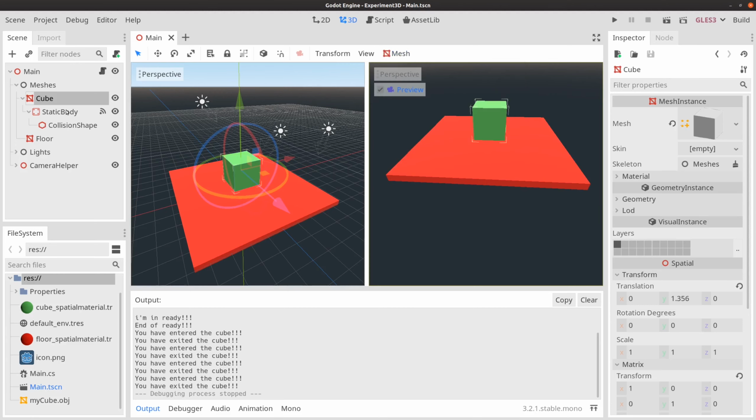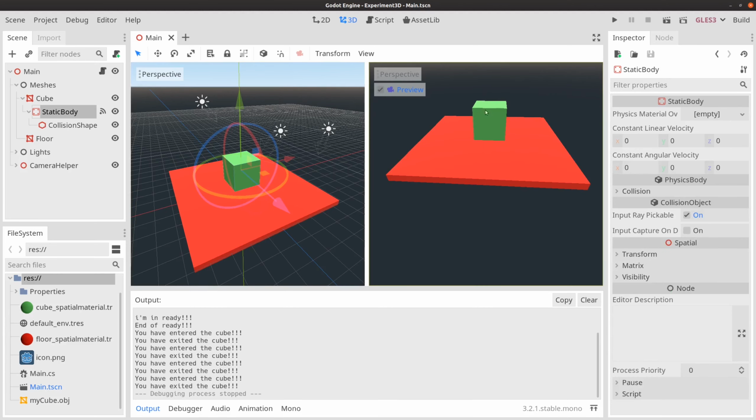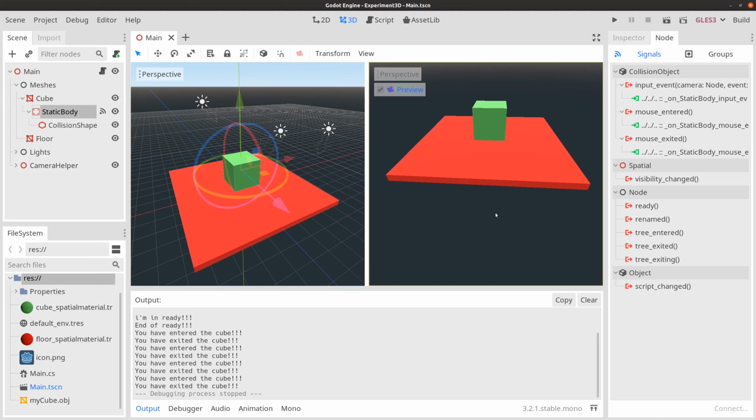And then on the static body, we went ahead and added some signals to some events there. If we're going to dynamically create the mesh ourselves, we're going to have to generate the static body with the collision shape in code, and then we're going to have to attach those signals in code. And that's actually not as hard as it sounds. I was surprised at how easy it is, but I guess that's why Godot does the things it does. So that's going to be the topic for the next